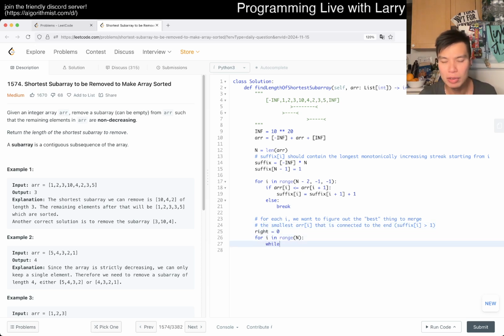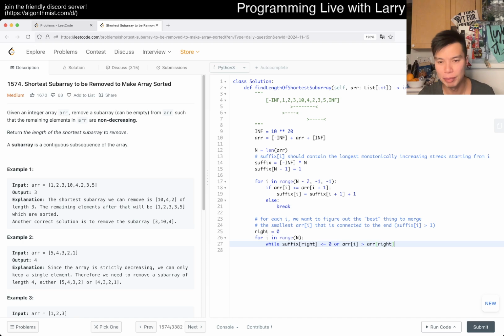So while suffix sub right is less than or equal to 0, or array sub I is strictly greater than, because equal is okay, then